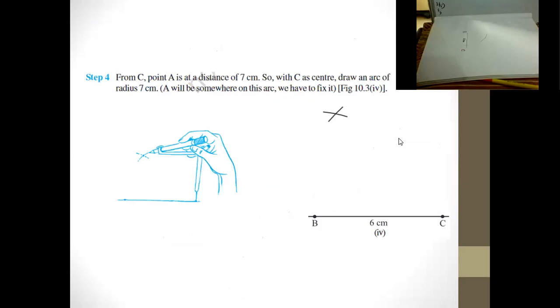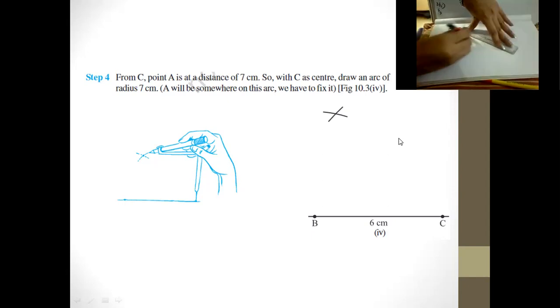Now we have constructed this keeping it at point B, but what about the point A? We are not aware where this point A would be coming. So what we can do is keep our metal arm at C and cut this arc to make a point A. Now you can see that I have cut this here and I can join this with a ruler. I can join this cutting from B to this point.